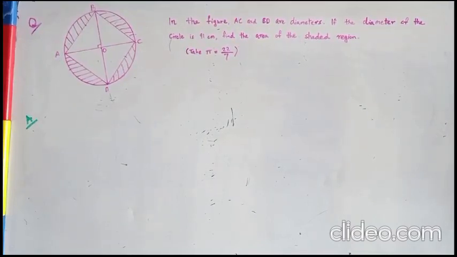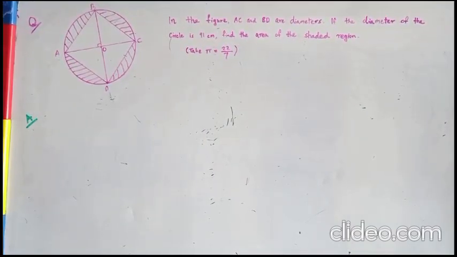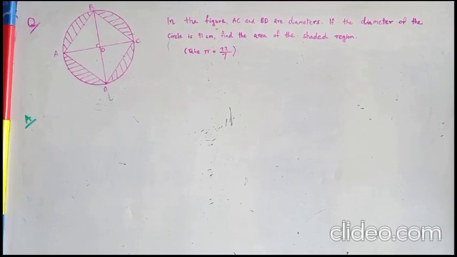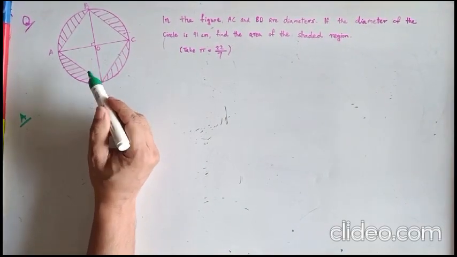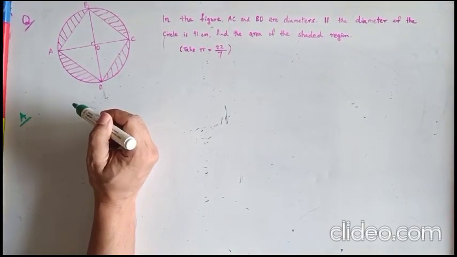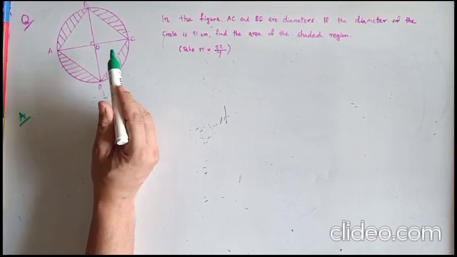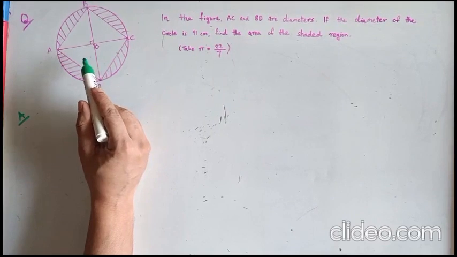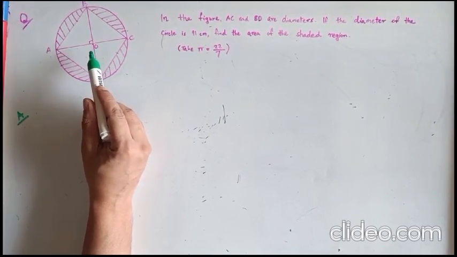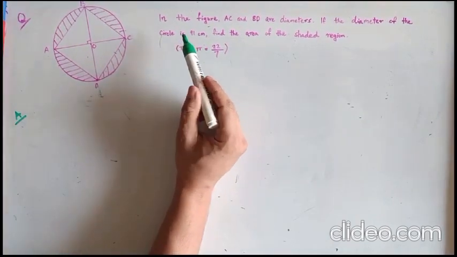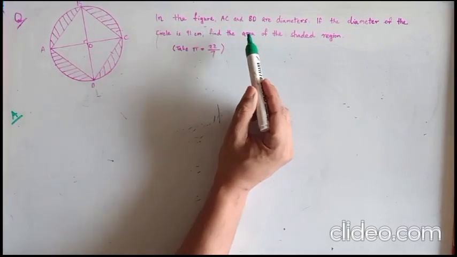Okay, kids, so moving on to the first problem in today's video, we have a circle with its center at O and a square has been formed, with the two diameters of this circle being the two diagonals of the square. So the question itself states that in the figure, AC and BD